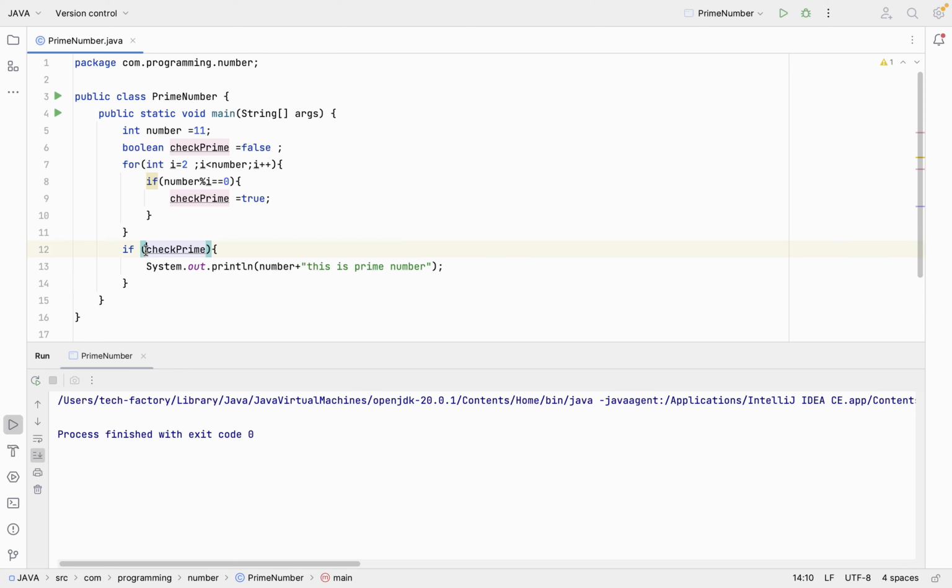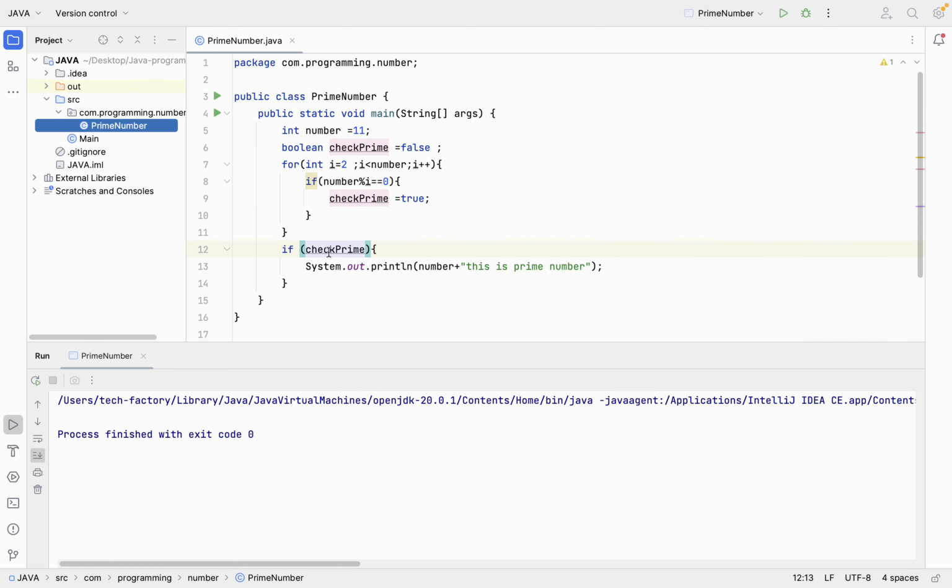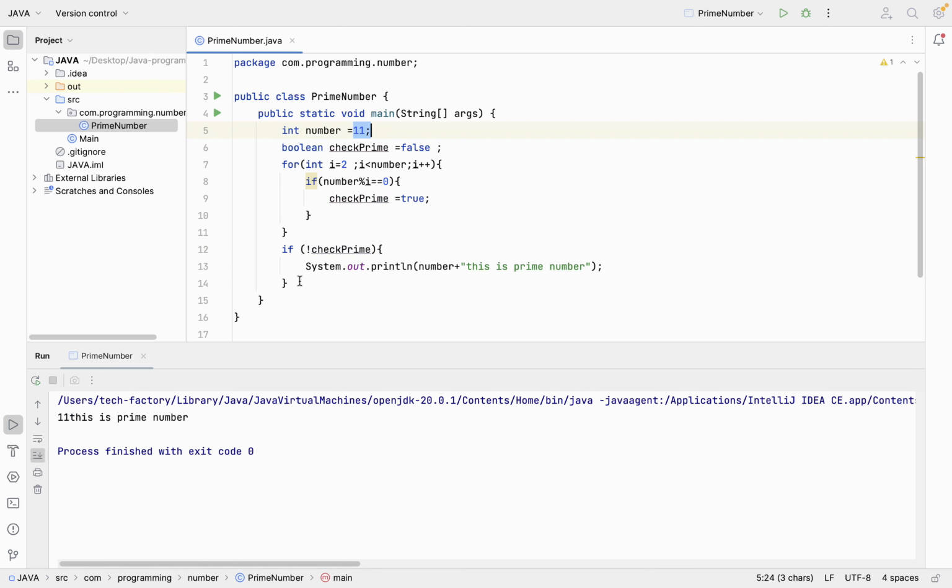Why is it not printing? Because here it is saying true, right, this is true. So here we will check, let me show you. Here I am going to check something like, we will put a not condition. I will show you why I am putting the not condition. When it goes that 11 is a prime number, we are checking when it was coming true, and it is saying not, right.